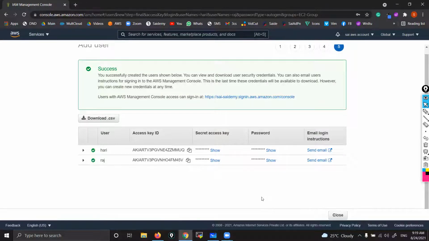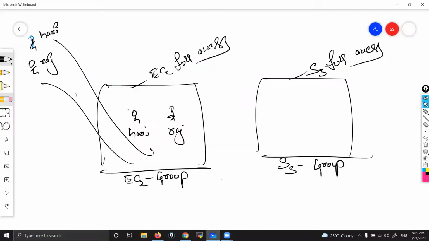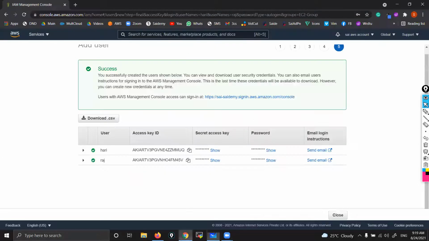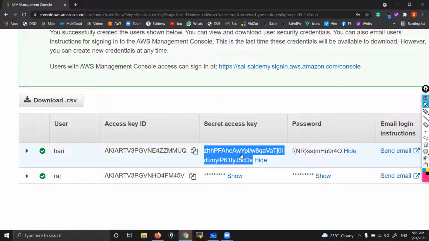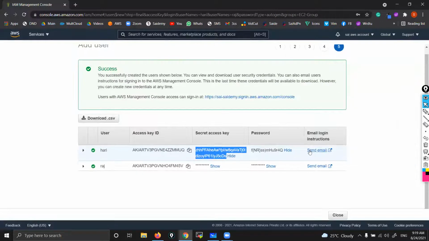See what you do, actually, these users can log into my AWS account, correct? So through either GUI or CLI. For that, I need to share those credentials to them. Yes, just click here, send email and give Hari's email so that these will be shared. See, this is the username and this is the password. This is the access key. If you click here, show, you can see the secret key. So when you click send mail and give his mail, automatically these details